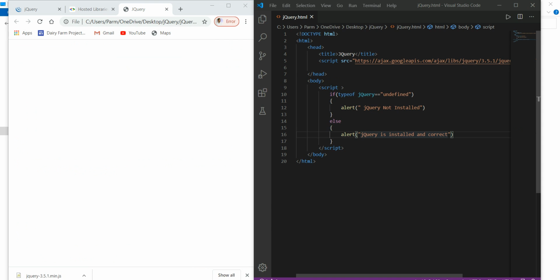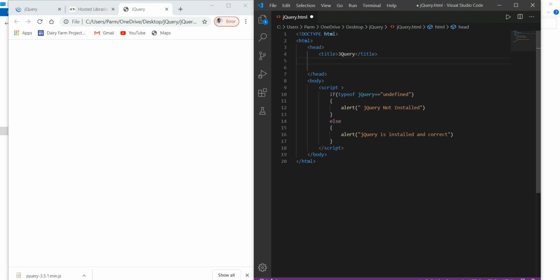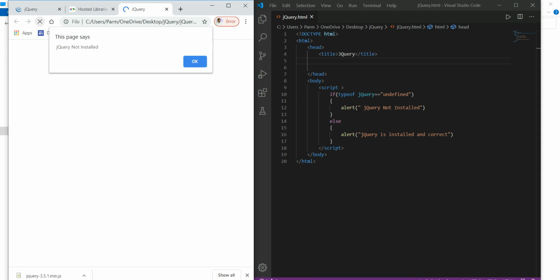Now if I remove this line from here, save the changes and refresh again, it says that jQuery is not installed. So this is the way we can check whether jQuery is installed or not installed in our pages.